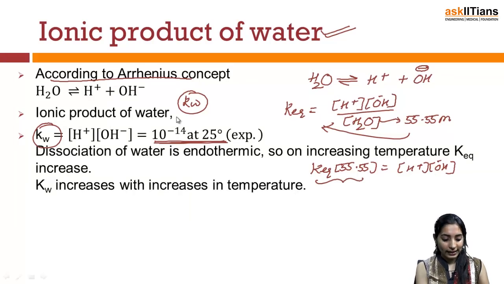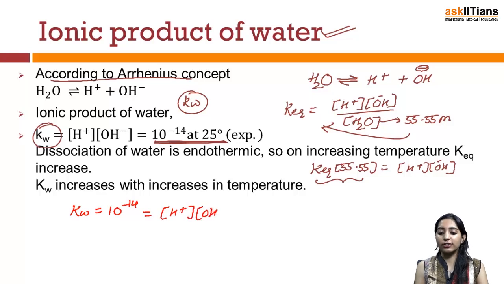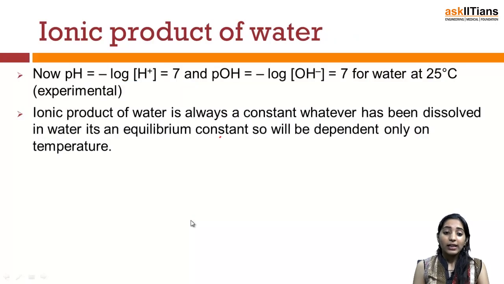We had simply said, how are we going to calculate the ionic product of water, and we ended up saying that the value of Kw, which is found to be 10 to the power minus 14, will be written as the concentration of H positive into the concentration of OH minus. So if we continue with the discussion, let's find out what will be the pH of water and how the pH of water will be related to the ionic product of water, since I am taking the case of neutral water.